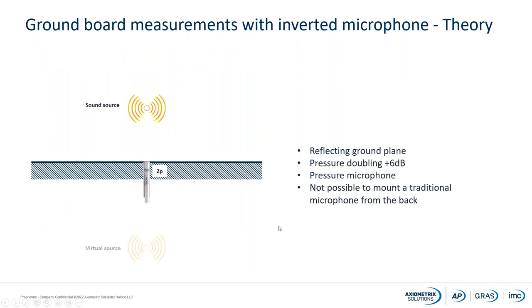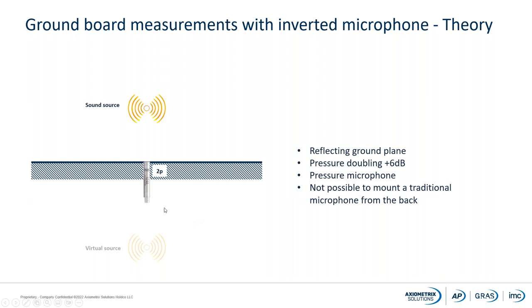So the theory of this is that if you're mounting a microphone flush behind a plate, so it is 100% flush with the surface, and this is a pressure microphone, then you have a reflecting ground plane. That means that you will measure a pressure doubling on this point. So it will be plus 6 dB on this point. However, they also recognized when they were writing the specification that this is a very difficult installation because you have a pencil-like microphone mounted under a plate with a cable going out here.